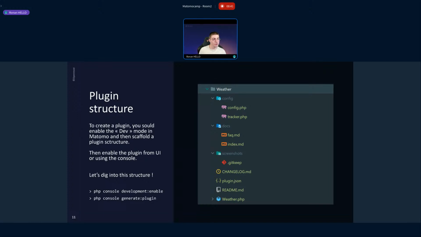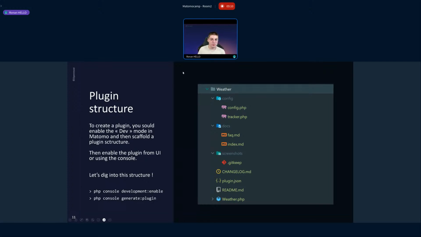To do that, you just have to turn your local Matomo installation into development mode using the PHP console development:enable command line. Then you can execute a new command, which is PHP console generate:plugin. The command prompt asks you for the plugin name, plugin description, plugin version, etc. Just press enter, and it generates and scaffolds a brand new plugin.